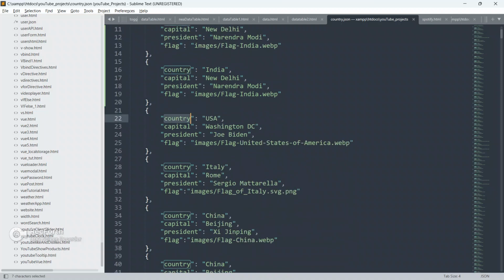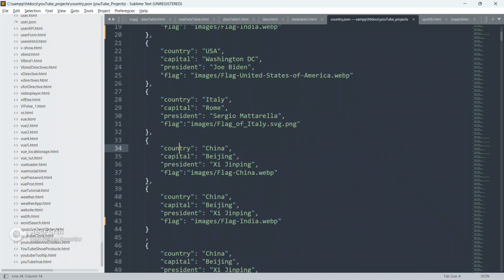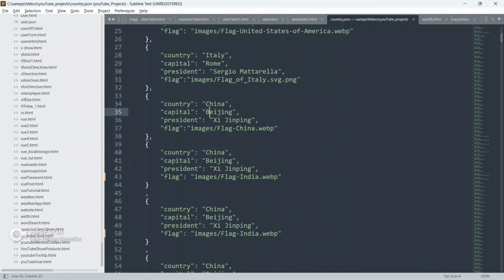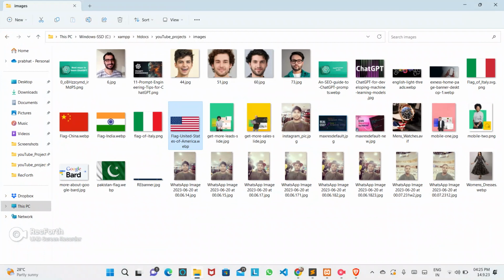The country is USA, capital is Washington DC, president is Joe Biden, and the flag is this. The country is Italy, capital is Rome, president is Sergio, flag is this. The country is China, capital is Beijing, president is this, flag is in images.